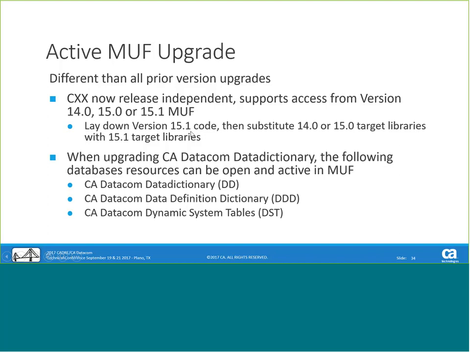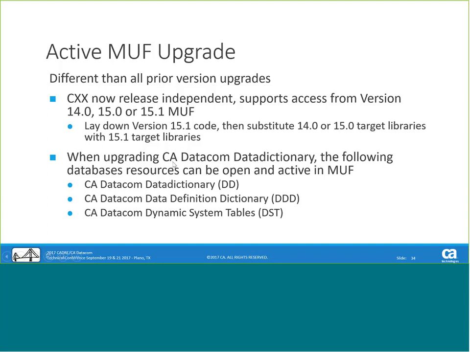It supports access from version 14, 15, and 15.1. So there is no requirement to have to convert the CXX going forward or backwards. So if you want to go straight to 15.1, you can literally lay down the version 15.1 code and then substitute that code for the 14.0 or 15.0 libraries with a 15.1 and then start the MUF. And you'll be running a 15.1 MUF with 14.0 CXX and 14.0 data dictionary, or 15.0, whichever you might be